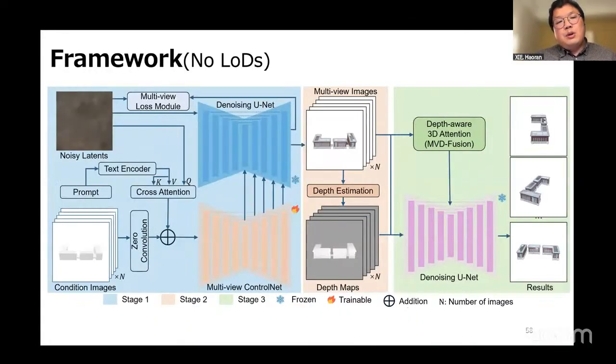We propose one framework to generate multi-view consistent image generation. We should note that this work didn't use level of details, but recently we have new work to focus on that.